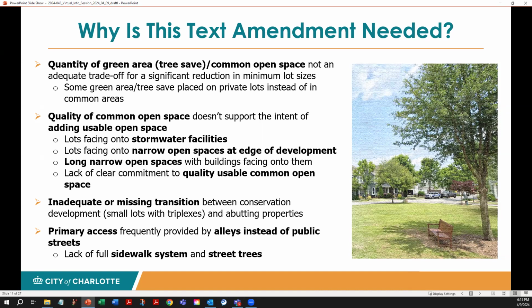We've seen some of the green areas placed on private lots instead of in common areas. The quality of the common open space doesn't necessarily support the intent of adding usable open space. I'll show some examples in a few slides of some of the sketches that we've seen that have raised some concerns with us. These are some of the issues of lots facing onto stormwater facilities or narrow open spaces that don't really provide any